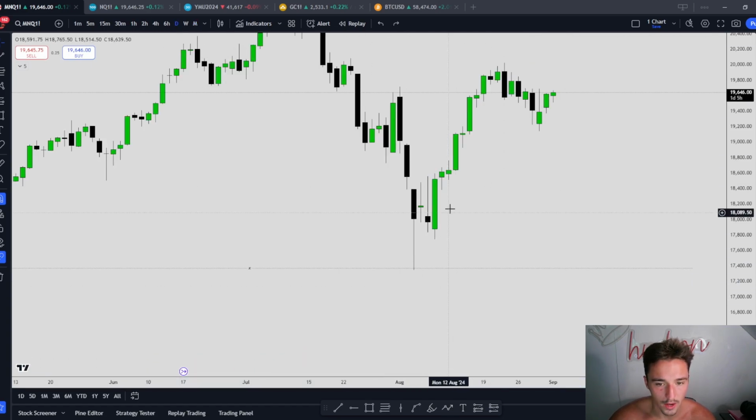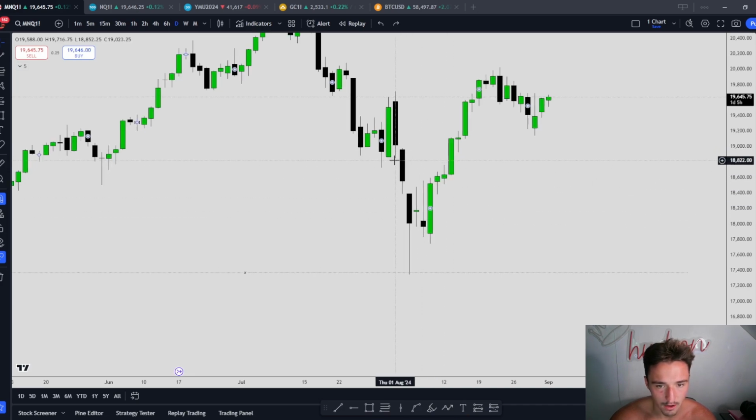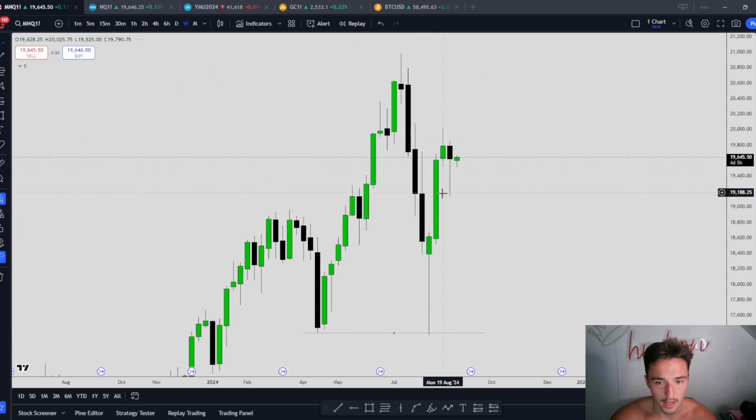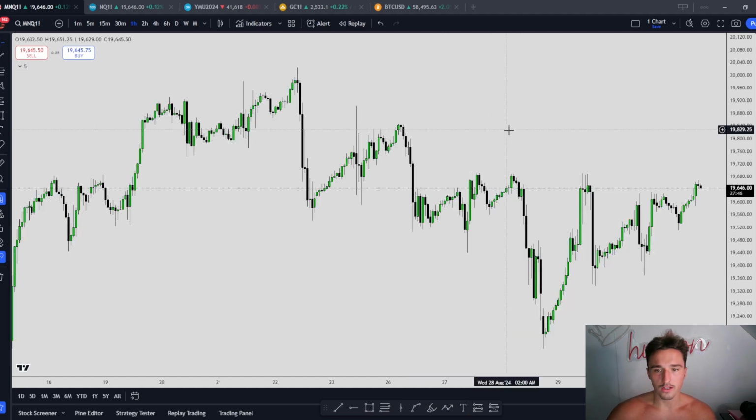So if you're looking to swing trade, you're not trying to short here. You're waiting for a reaction from here to then see if we're going to head to this low. It gets ran through. What are we doing within here? Internal range liquidity, right? So if we go down to the 1 hour,